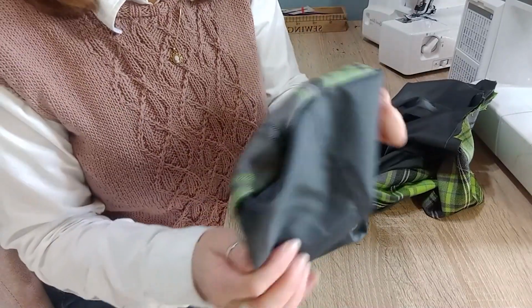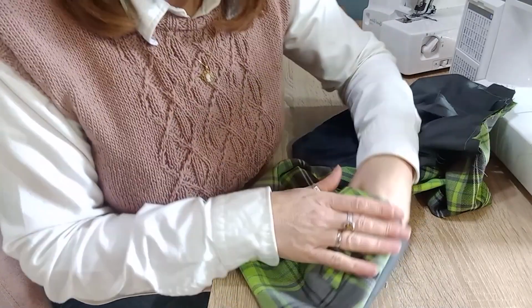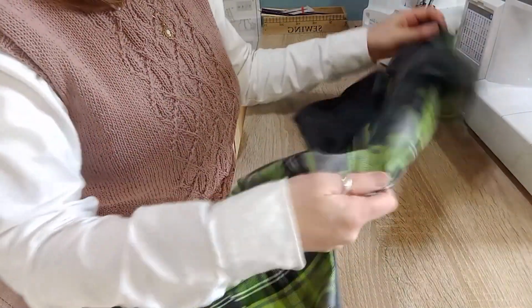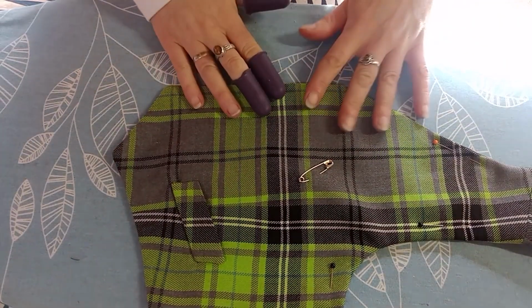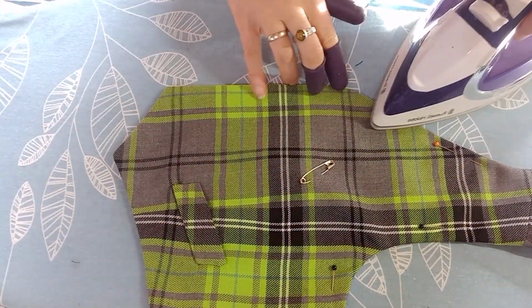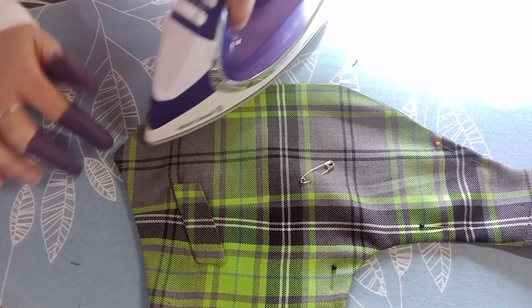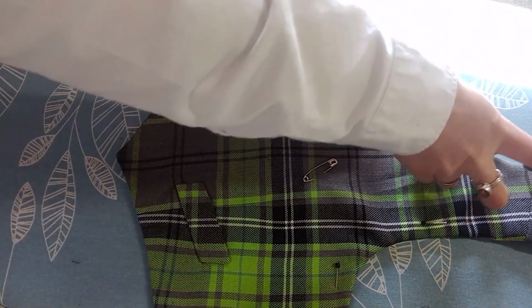In the side, because you haven't sewn up the side seams, you can do a bit more fabric handling to make sure that all of the points are pressed out, and then that needs a really good press. I'm just going to press all of those points. So we've got a little point there at the front chest, another one here at the bottom of the chest, at the bottom of the button band, and I'm just wearing my silicone fingers because I can get really close